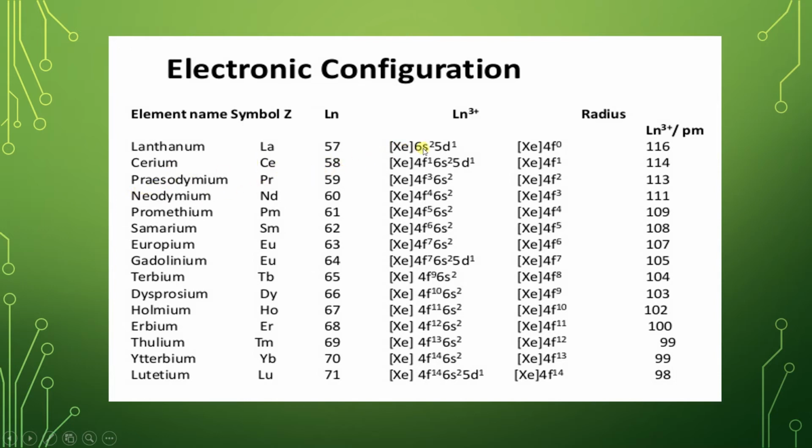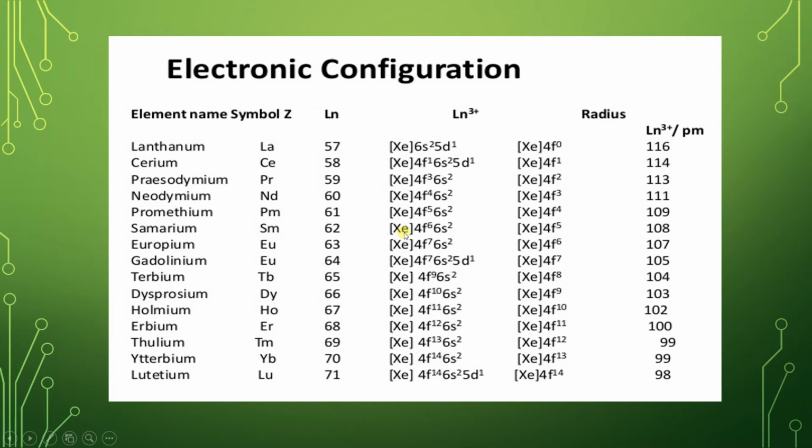Electronic configuration: xenon 6s2 5d1 for lanthanum, xenon 4f1 6s2 5d1 for cerium, praseodymium symbol Pr 59, xenon 4f3 6s2, neodymium Nd 60, xenon 4f4 6s2, promethium Pm 61, xenon 4f5 6s2, samarium